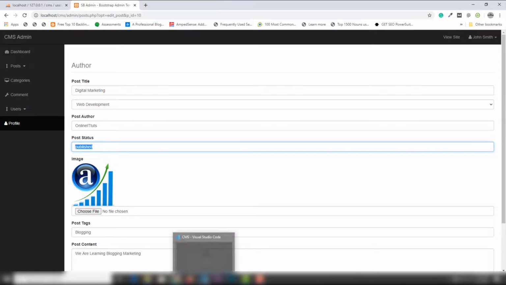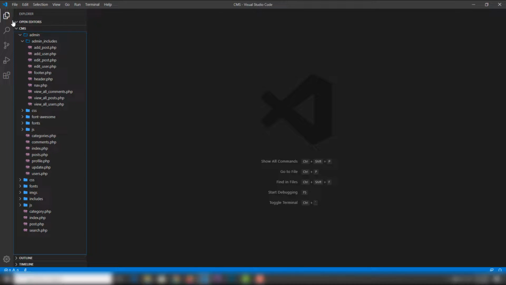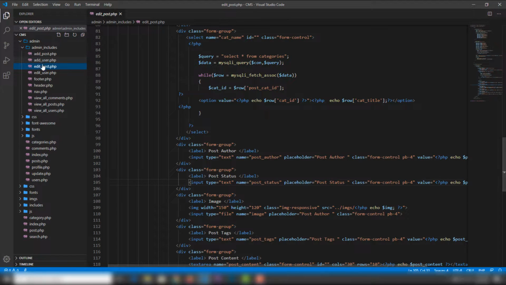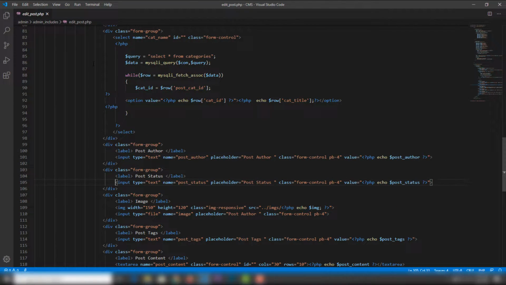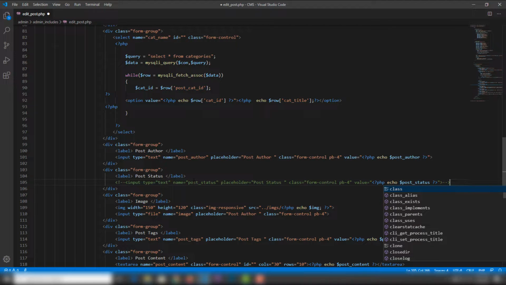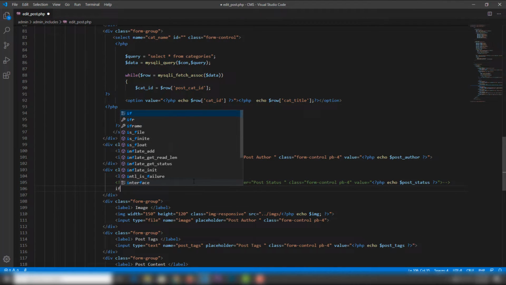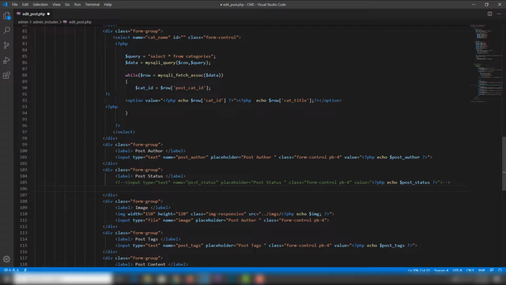So first thing, you need to go to your code editor and open the file named edit_post, and leave that, right? Inside edit_post I have a post status like this one. So first thing, you need to comment that out, and also comment this out. So first I'm going to write the select and assign the name post status, leave the ID,